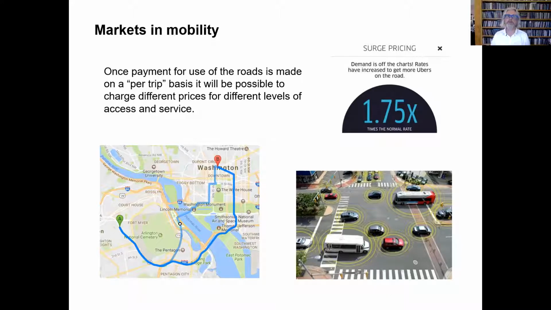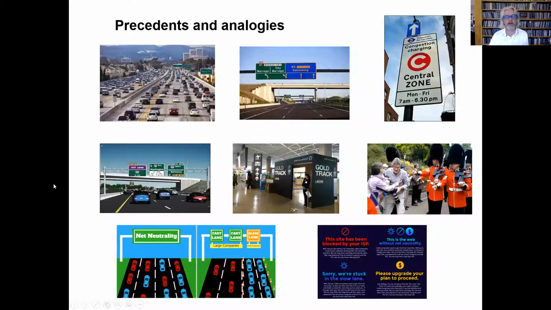So we think that, and in fact, this has been our experience, part of the audience just says, nothing to see here. This is absolutely what we should do. We should price transport using this new technology. And another part of the audience thinks that this is outrageous because it says something about our attitudes towards each other when we are willing to privilege the needs of some people over others. So let me talk now briefly about a series of relevant precedents and analogies that we've identified in our research.